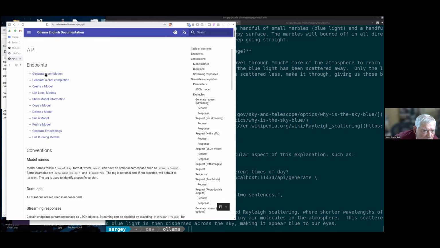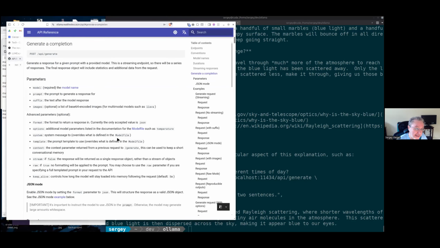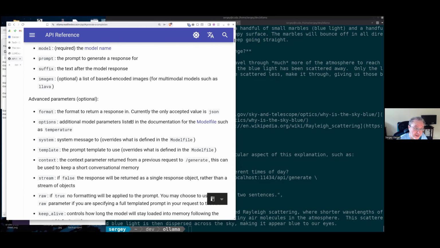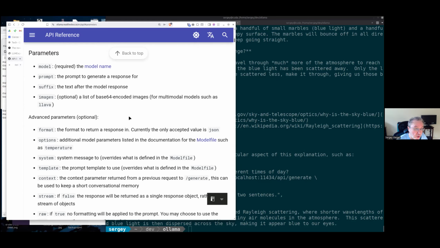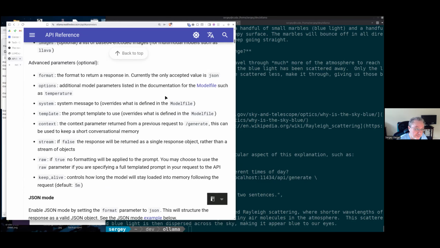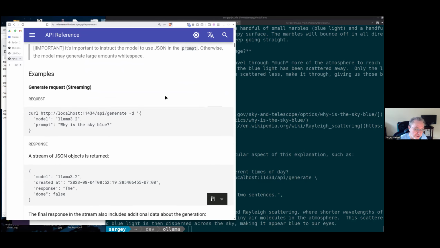So this is the documentation of the Ollama API. Here is the documentation for the generate API. Could you make it a little bit bigger for a while? Sure. Thanks. So that's the documentation for the generate API. And as you can see, there's multiple parameters, and I'm not supplying all of them. So you were asking about temperature. That's one of the options. But there's